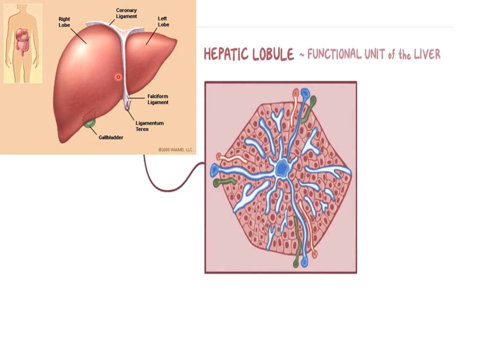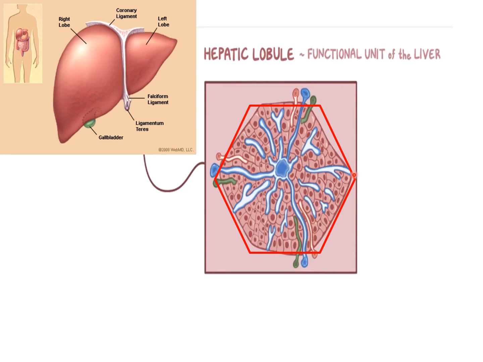As we can see in this slide, the liver has two lobes, the right one which is the larger lobe and the left one which is a smaller lobe. Besides this, it also has accessory lobes, the caudate lobe and the quadrate lobe. But we are concerned more with the functional unit of the liver, and that is hepatic lobule, which is present in 1 million in one liver. So when we come to a closer look of this hepatic lobule, what you see here is a structure of hepatic lobule which resembles a hexagon.